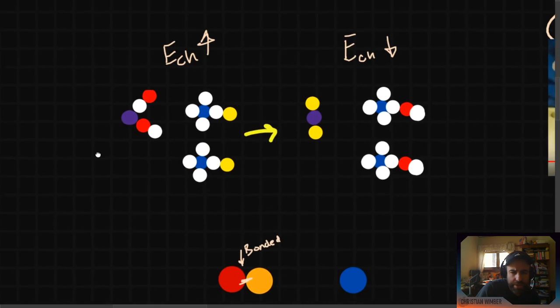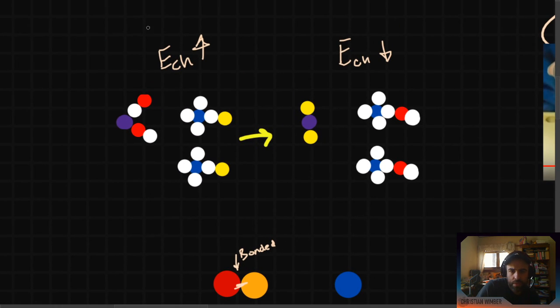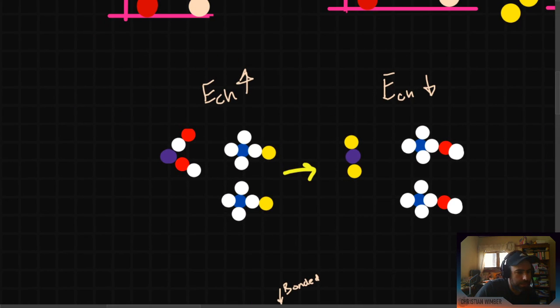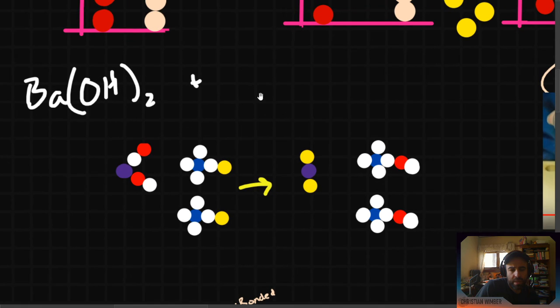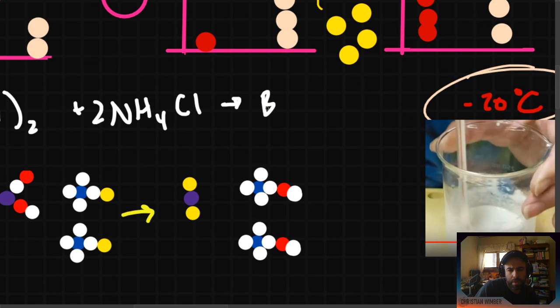So here's our reaction, right? I don't have the actual formula here. I probably should. So let me rewrite that again really fast. All right, so barium hydroxide. I'm not going to worry about states right now. I know I'm failing my own target. I apologize. Ammonium chloride, barium chloride,